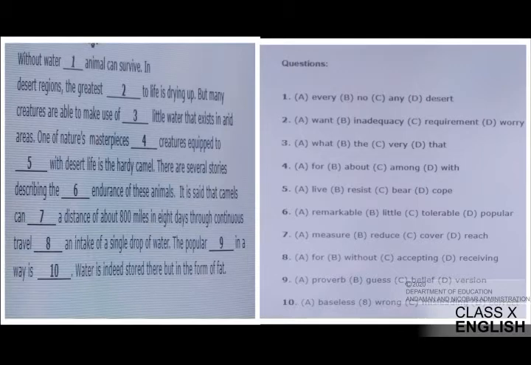In desert regions, the greatest, again there is a blank, to life is drying up. Now, let us look at the options: want, inadequacy, requirement and worry. So, when we are talking about the need of the desert region, the correct word would be requirement. Okay. So, the greatest requirement to life is drying up, but many creatures are able to make use of,